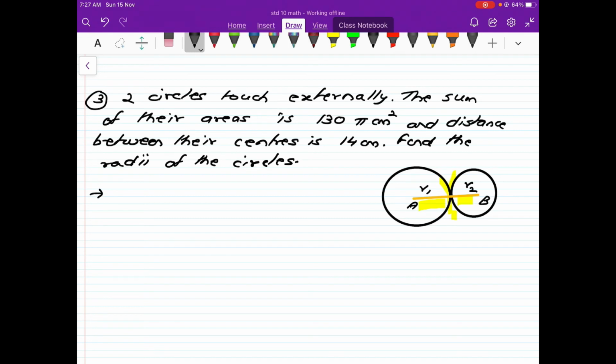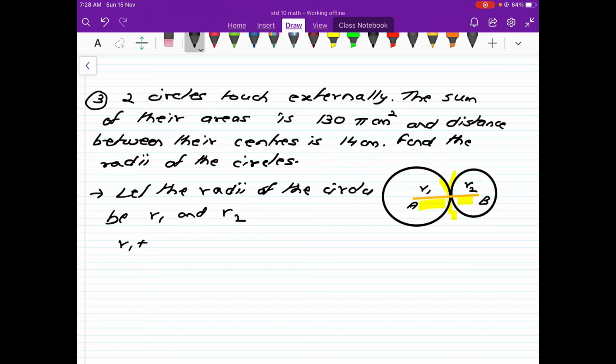So we will say let the radii of the circles be r1 and r2. So what do we get? We get two statements. First is r1 plus r2, meaning the distance between the centers, is given as 14 centimeters. This is statement 1. Then the sum of the areas means pi r1 square plus pi r2 square is